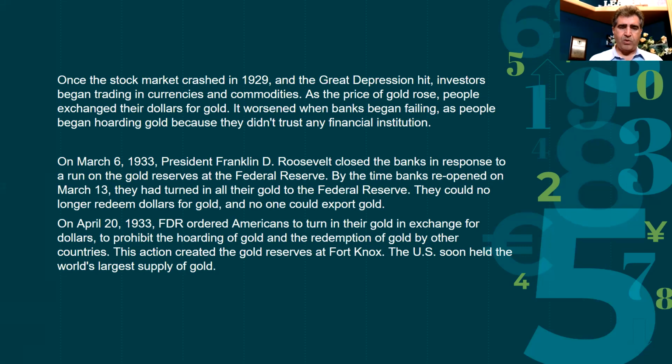They did that because they wanted to prohibit the hoarding of gold, and they wanted to redeem the gold. They put a fixed price, I think it was $32 to $35, and this way they had a fixed price for other countries, and that's when the gold became the reserves in Fort Knox. They would move it there, and because of that, the U.S. became the largest supplier of gold. Now, the reason I share this is because I want you to think about how all of a sudden the government has that power to do that, and it just brings me to alternative currencies and cryptocurrencies, and brings me to Bitcoin.